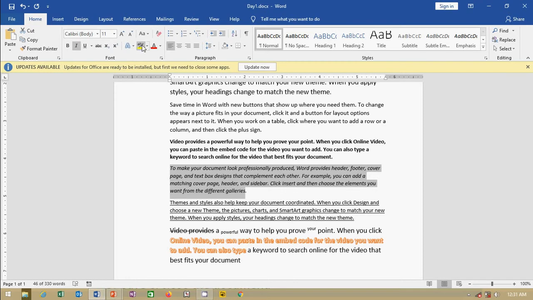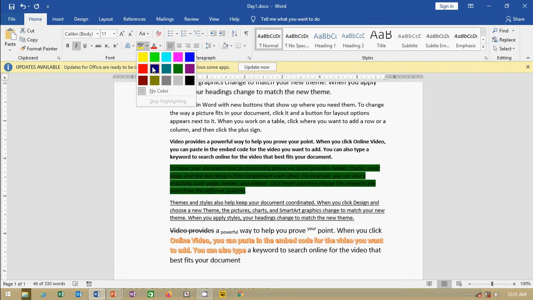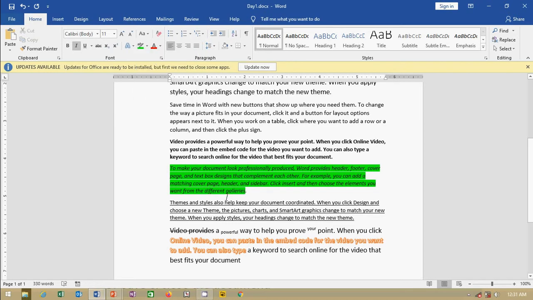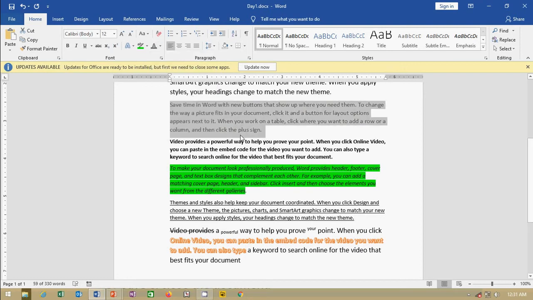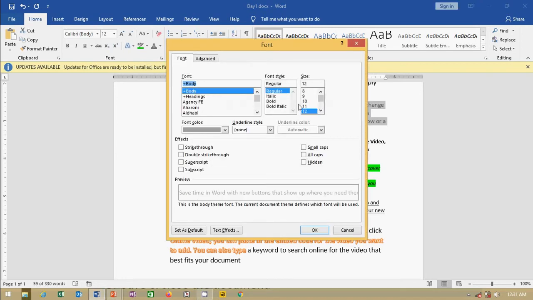And the next thing, what is this? This is called background color. Suppose you want to highlight this one, so choose any background color, and it will be the background color. Now, what about this? This is called font color. If you click here, the font colors will appear. Each font color has its own name. I am going to take gray accent 3 darker 25%. So you can do all of these things from this font group, right?